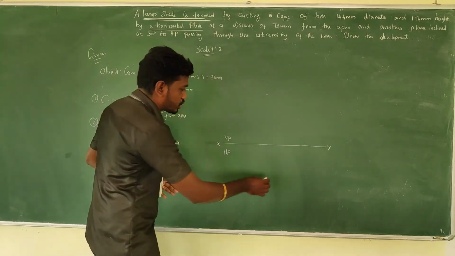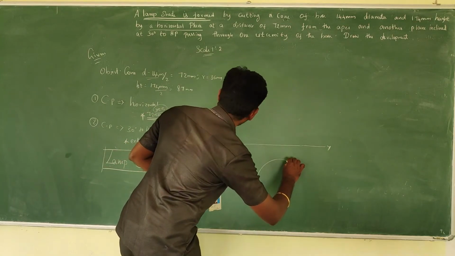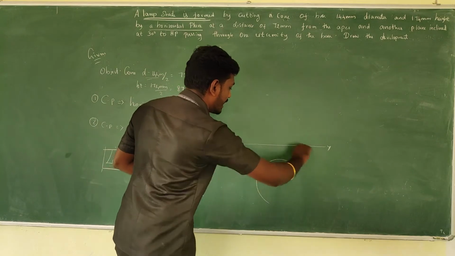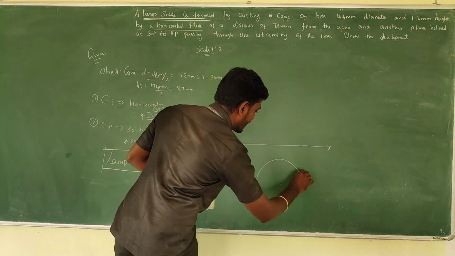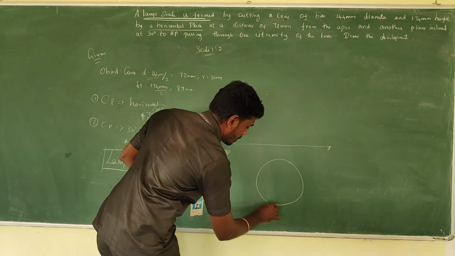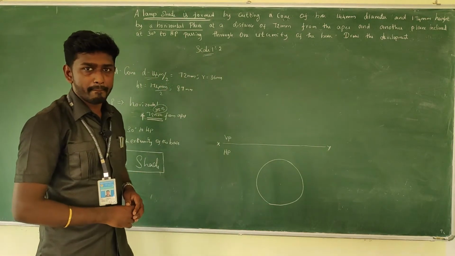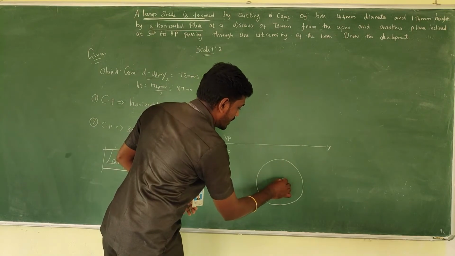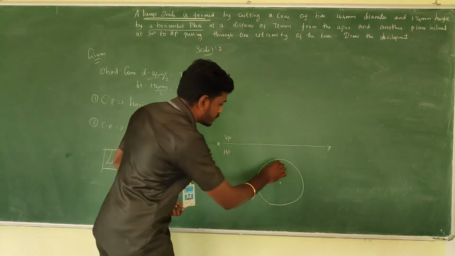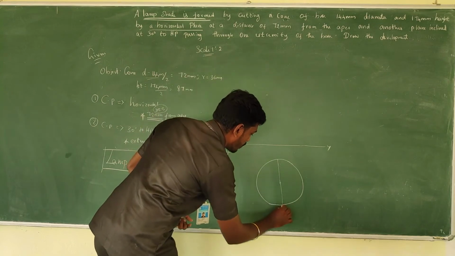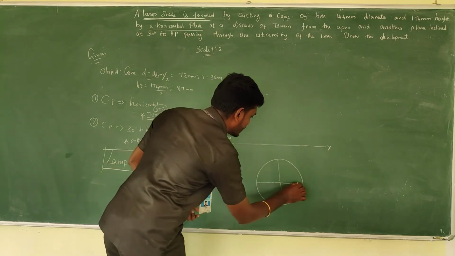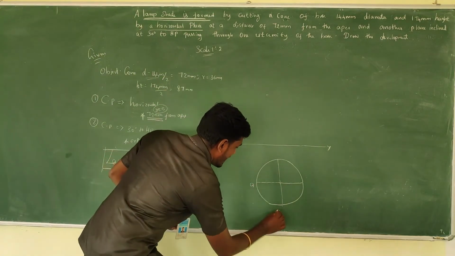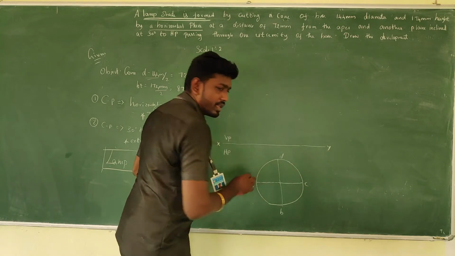So first the true shape: go for a circle with a radius of 36 mm in your compass. Keep at a particular point and draw a circle with a radius of 36 mm. Have a circle, and then you need to divide it into 4 equal parts in order to form the profile. Just divide the base circle into 4 equal parts. I am going to name these as A, B, C and D.